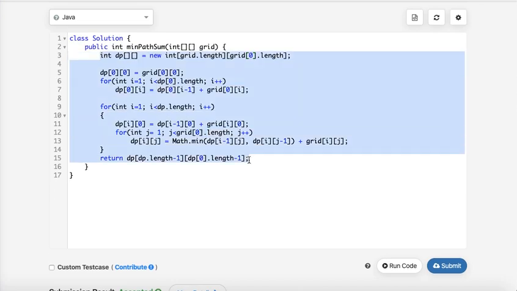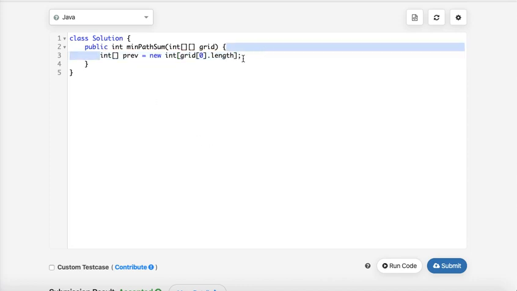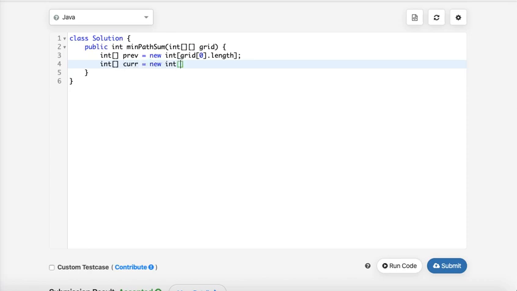Yeah, let's start. So what we need is two arrays, right? Previous and current. Previous row and the current row I will be needing. So I need two rows, that is for previous and current, and we do the same, like previous 0 will be grid 0 0.